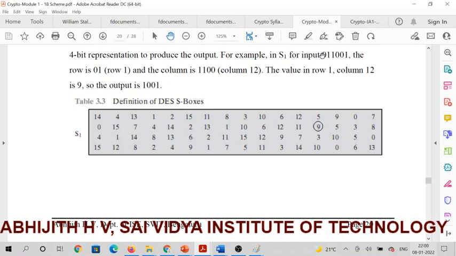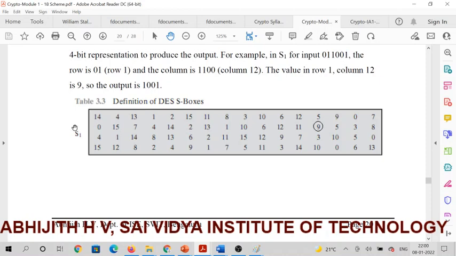Here the first and last bits will be taken as the row, with rows 00, 01, 10, 11, and we have the combinations 0000 to 1111 as the columns. The middle 4 bits will be considered as the column number.